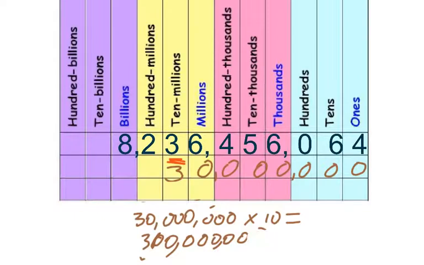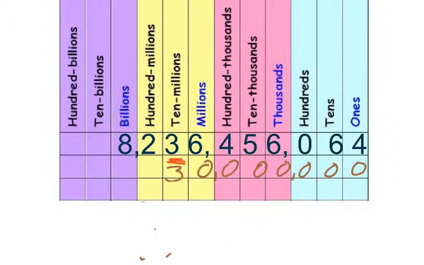Okay, our next question asks us, if the underlined digit moved one place to the right, what would its value be? So I'm here in the 10 millions place, and I'm imagining that the 3 moves over one place to the right. So the 3 would now be in the millions place, and they're asking what would the value of this digit be now. So I simply moved my 3 over here, and now I'm adding my zeros after it,